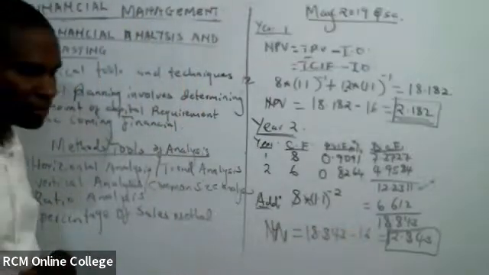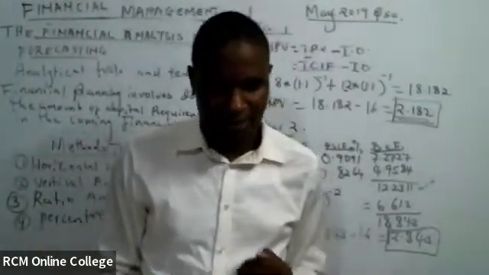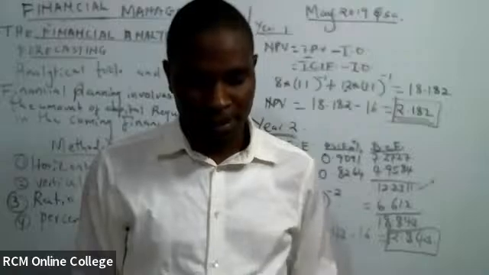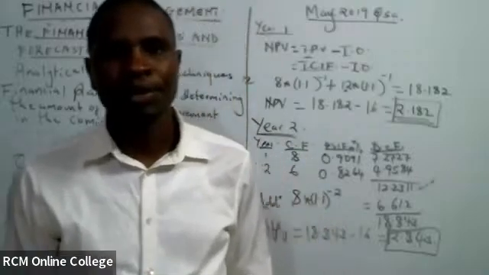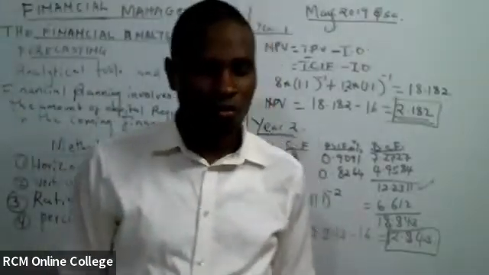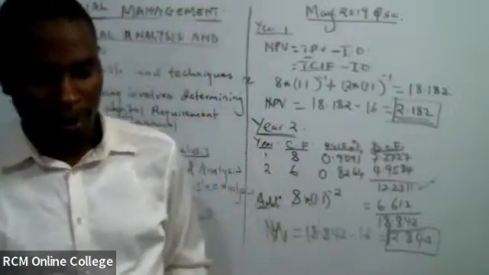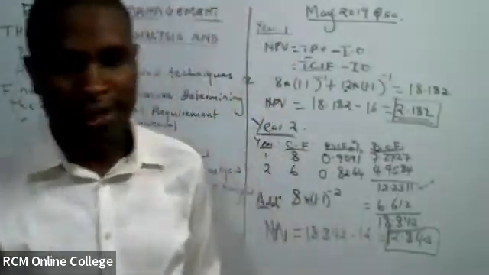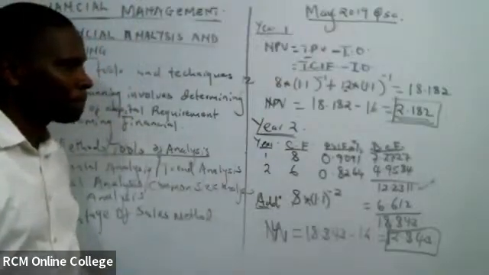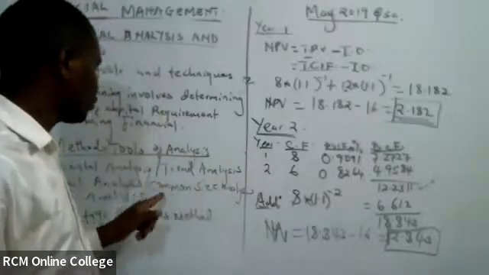I'll repeat that statement because it is very important. Common size analysis evaluates financial statement by expressing each line item as a percentage of base amount, in bracket sale or revenue. Close the bracket for that year period. Class, hiyo ni muhimu sana. That means if you're dealing with the income statement and you want to analyze using this